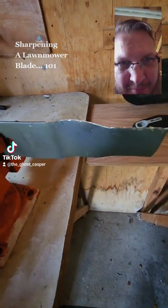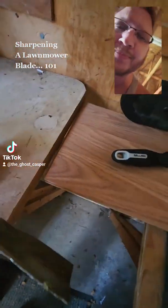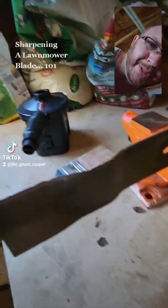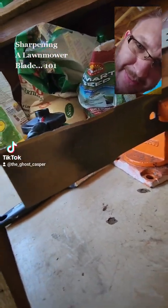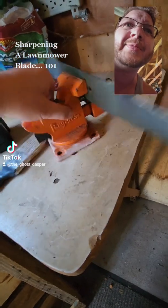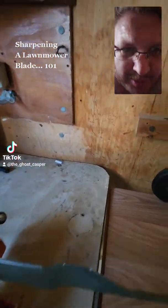Well, as you can see, it's kind of eaten up. It's a small one. And you can see it's seen some nicks and whatnot. What you want to do